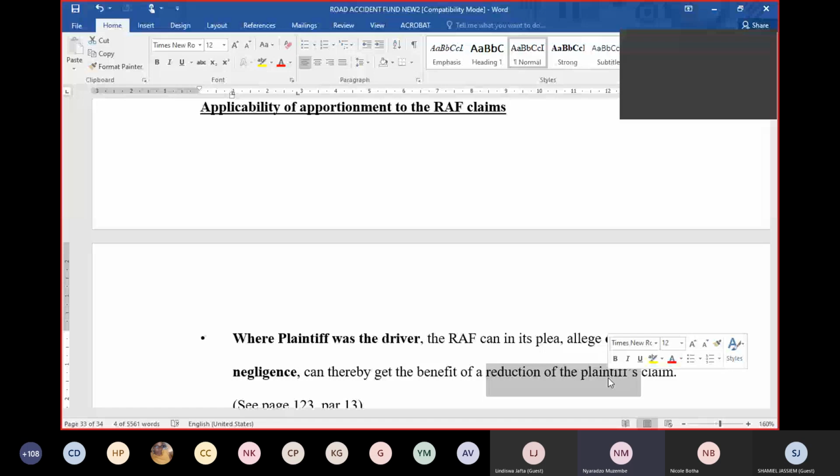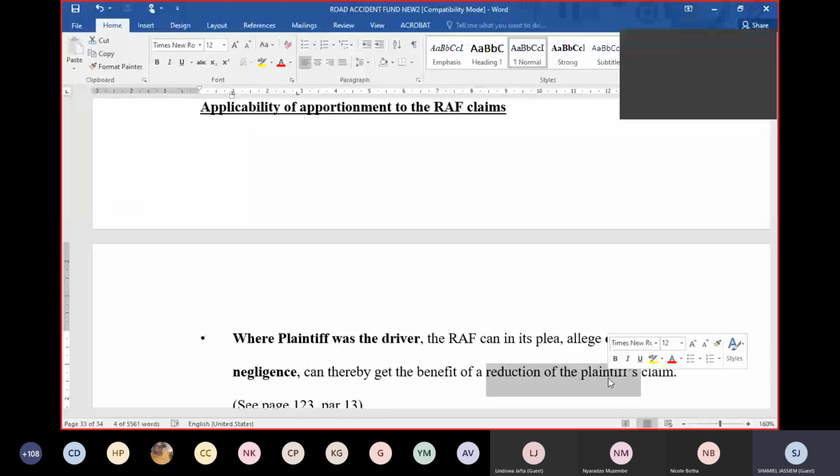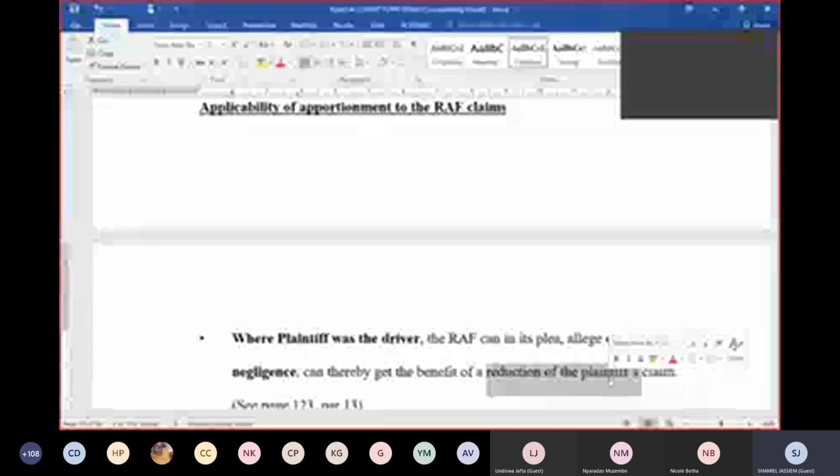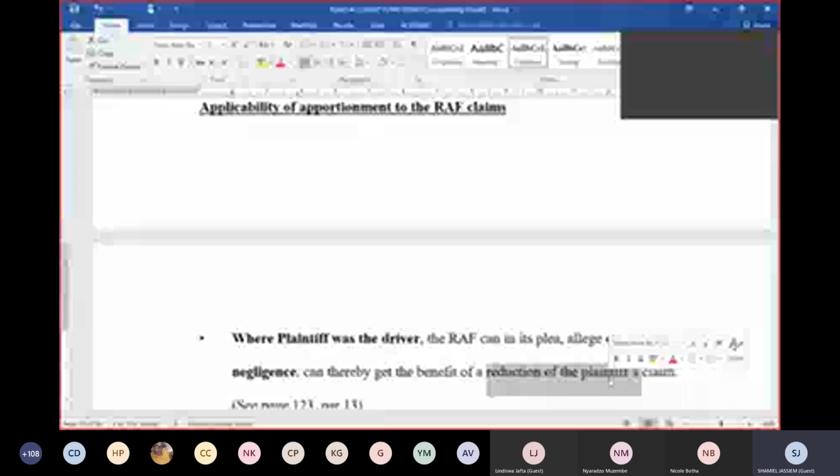Can't we join her to the proceedings where she's acting as a representative of the minor? Bear in mind, it's one summons that was served on the RAF. So the case before the court is that she's the plaintiff and she's the representative on behalf of the minor child. She's there already before court as a plaintiff and as a representative of the minor child. So if we send her a notice in terms of section 2.2 and she accepts that notice,